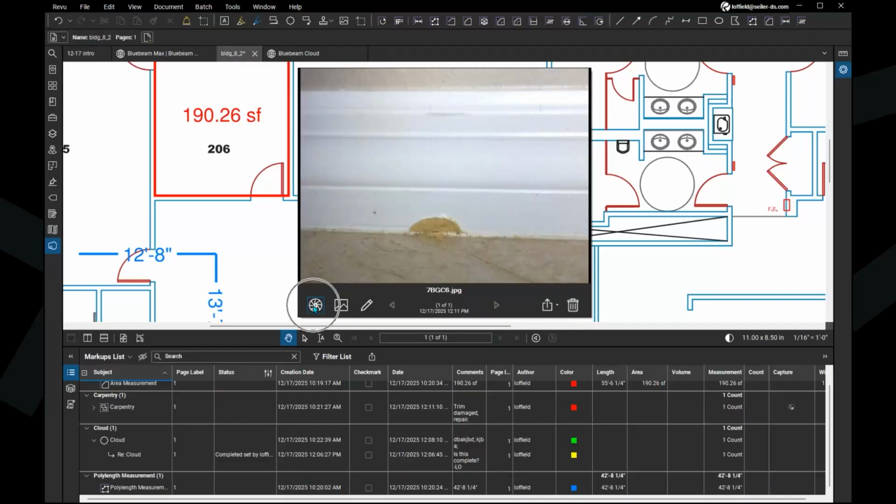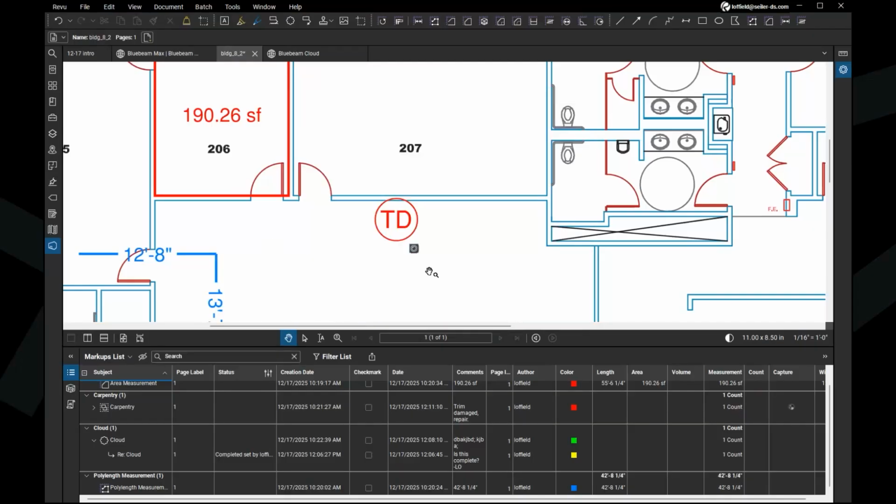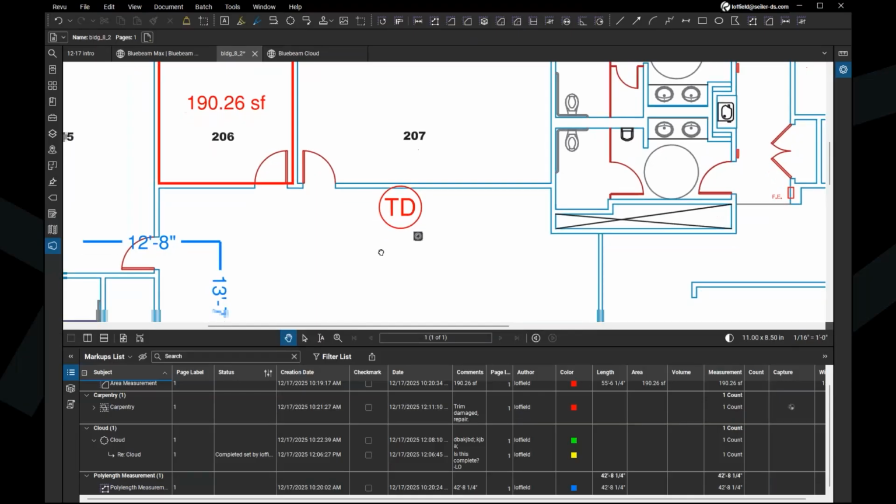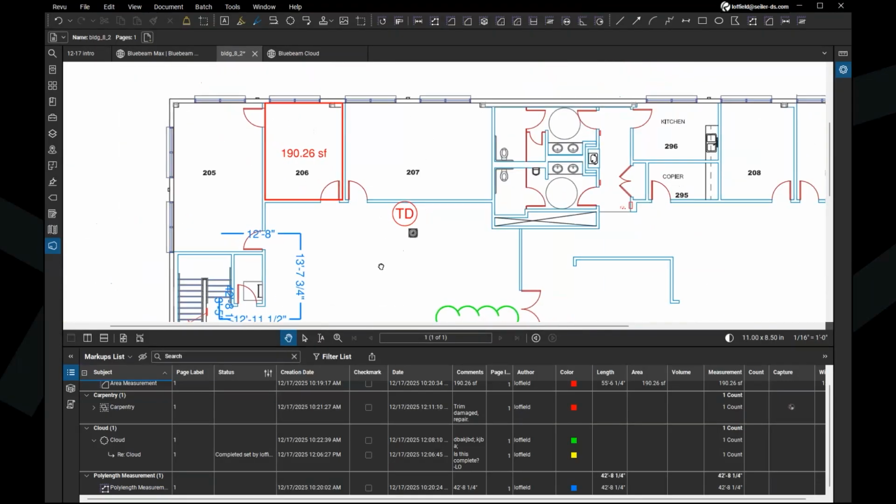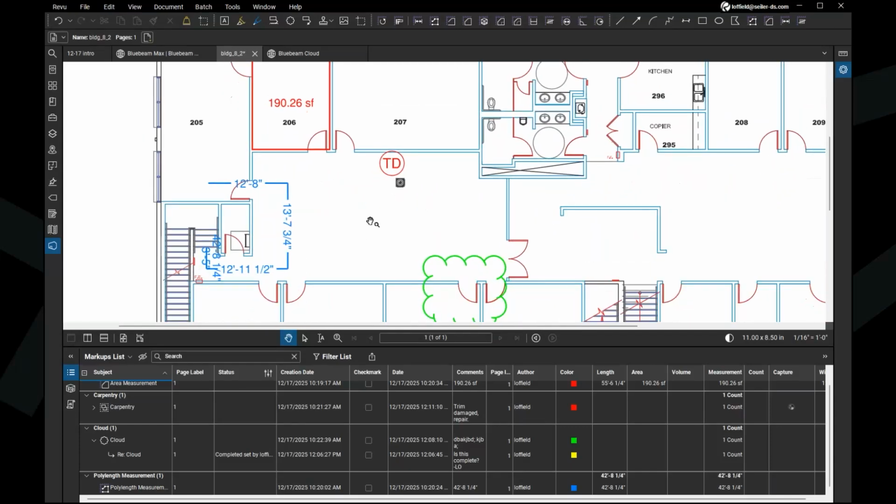So yeah, I've got the camera icon, so I can use the camera that's on the device, or if I want to add more images to this, I can certainly add more. So if I need to explain further what it is I'm referring to, that's just another method that we can enhance the capabilities and the properties of any given markup